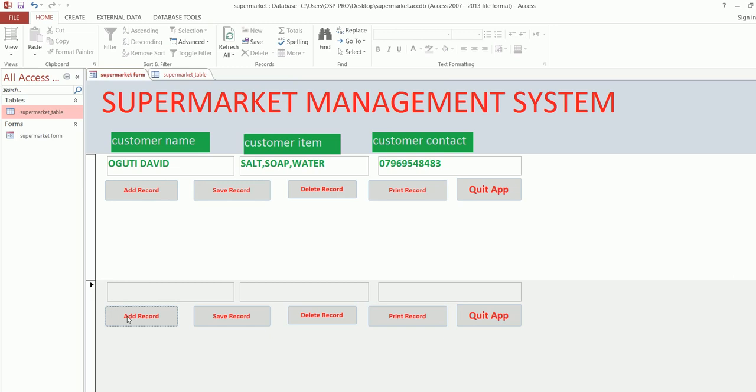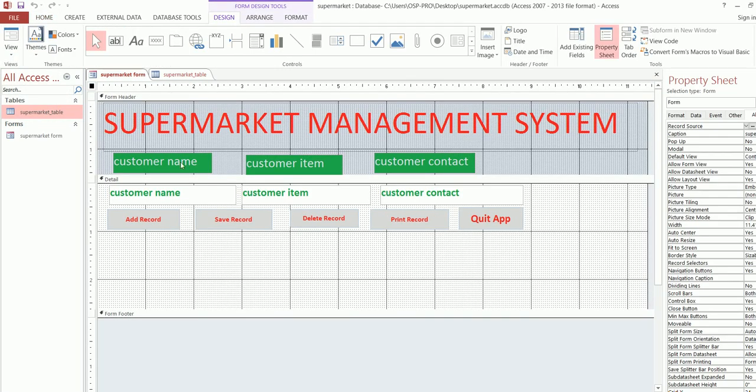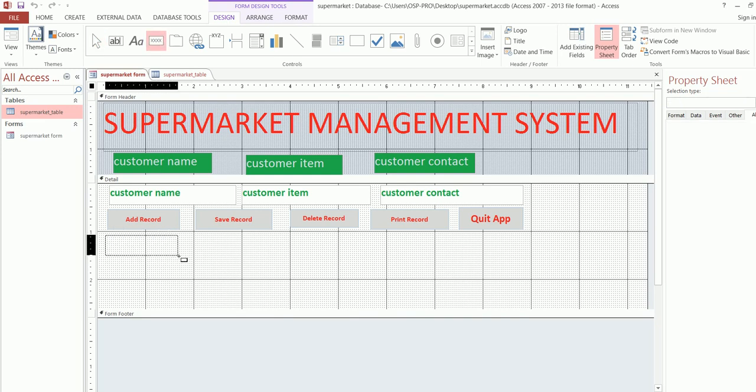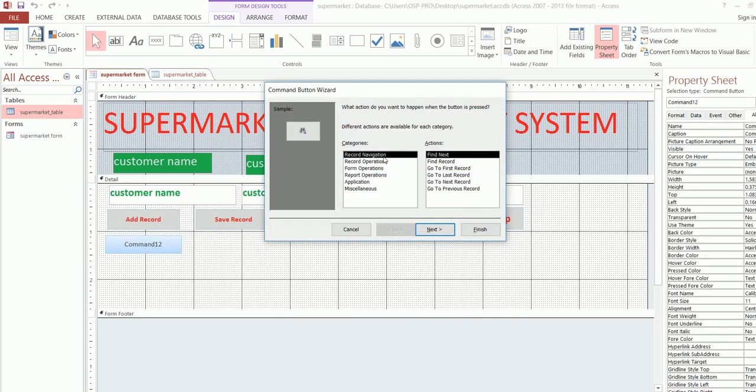go on and insert another new kind of record. So I didn't add a new, so that's why we don't have add a record. We would like to add a new record. So I'll go back into view, design, and then I'm going to try to insert that button called new. So click here and just try to drag there, add the new record. So click there,